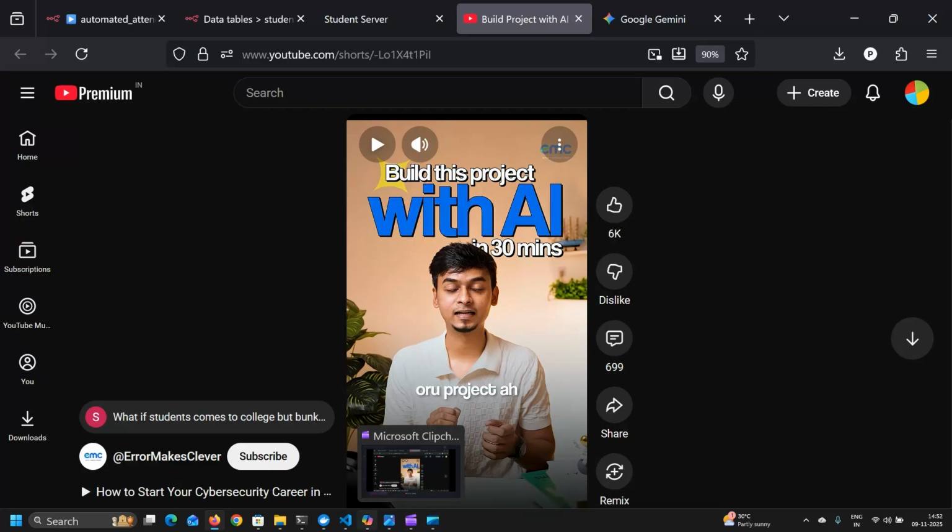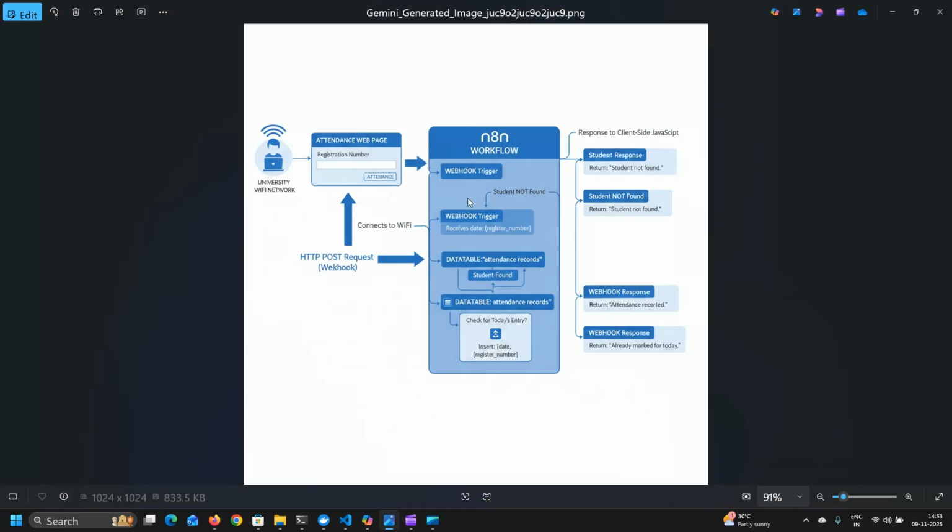Okay, so let me bring the architecture. So this is what my architecture is. Once the students connect to the university or college Wi-Fi network, it will open the attendance web page, and the student will input his or her registration number and hit the button. That will trigger the n8n workflow. My n8n workflow is triggered by a webhook, so that will receive